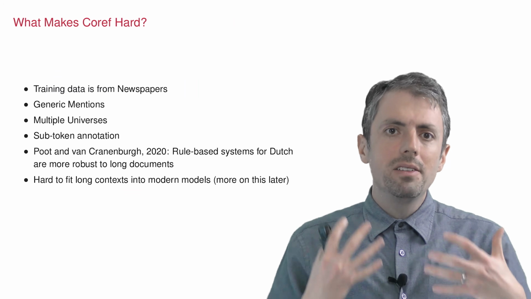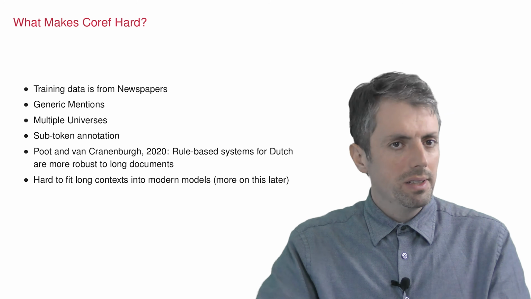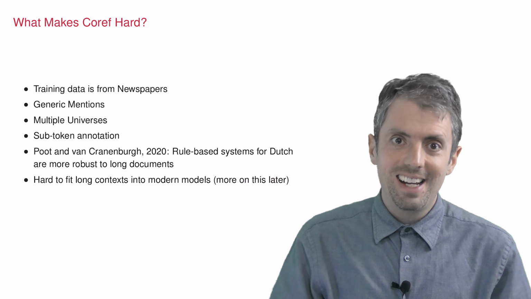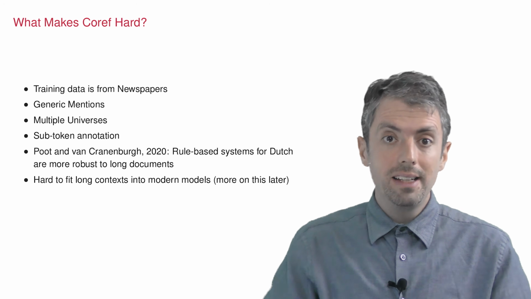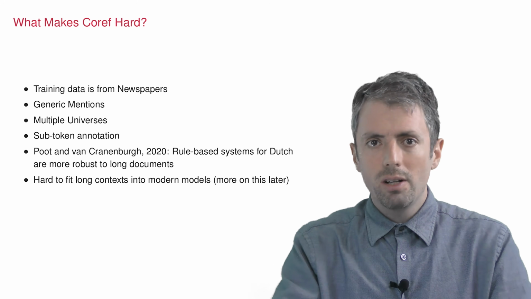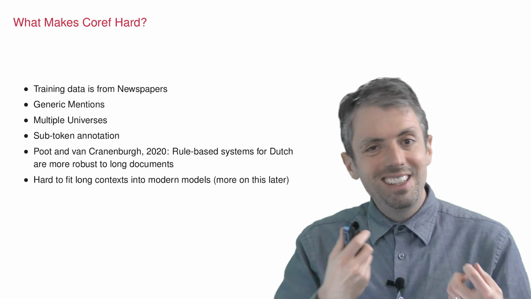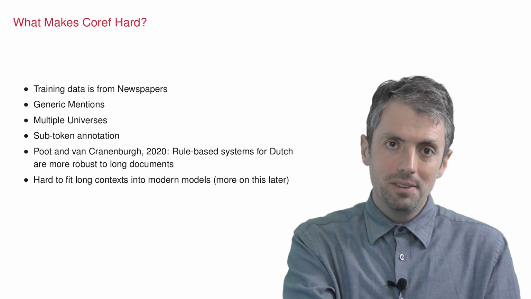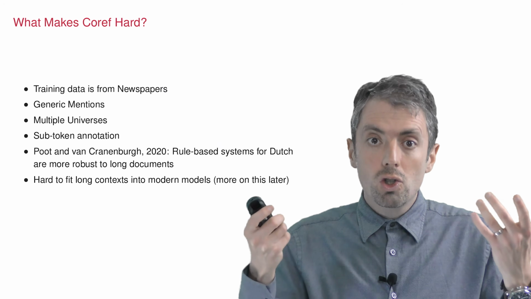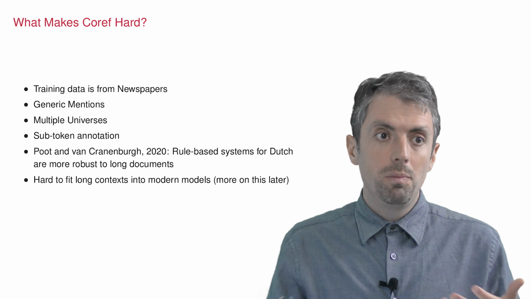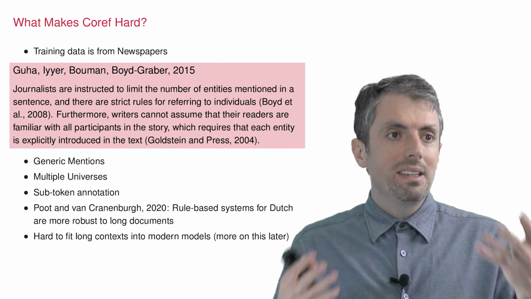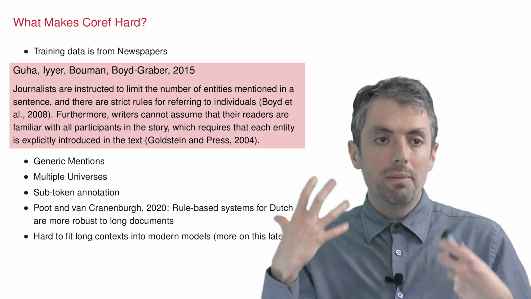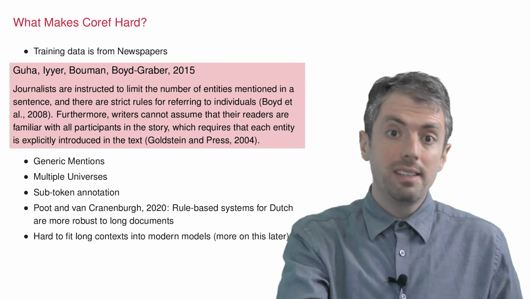So what made coreference so hard, particularly in contexts where we were looking at novels? This is something that I care a lot about, and if you're interested in digital humanities, you may be interested in this too, since coreference has a very different flavor in, say, literature than in newspapers. And part of the problem is that most of our training data for coreference comes from newspaper data. This is something that we made a big deal of in a 2015 paper where we tried to make the argument for doing evaluation outside of